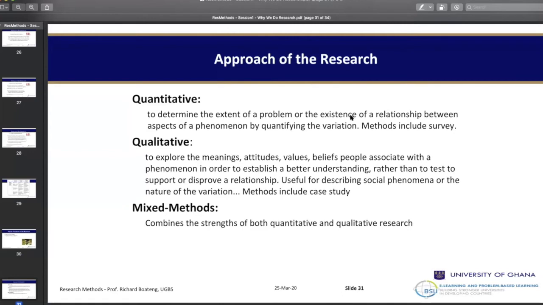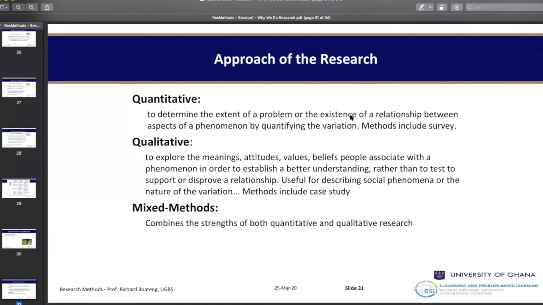For example, when I do a qualitative study and I get the views of people concerning an issue, and I'm able to come up with the different perceptions people have concerning an issue, I need to know which of them is the most dominant. So I may use a quantitative study to know which of these three views I've had is the most dominant among all three. That one will require me to do a quantitative study instead of a qualitative study. I would have done the qualitative to get the views, then I do a quantitative follow-up study to be able to get a dominant view.